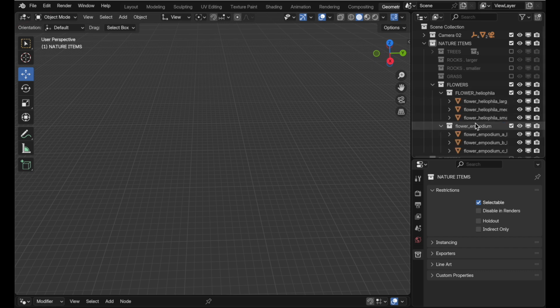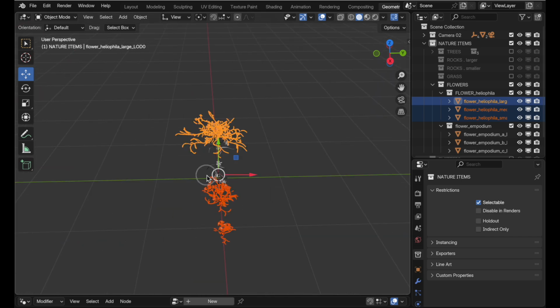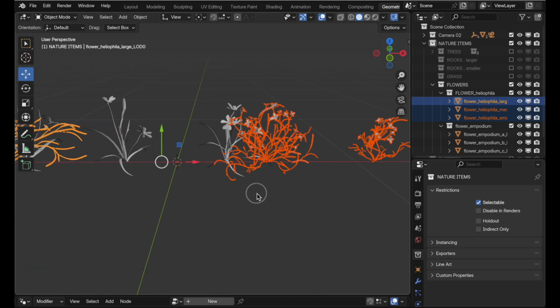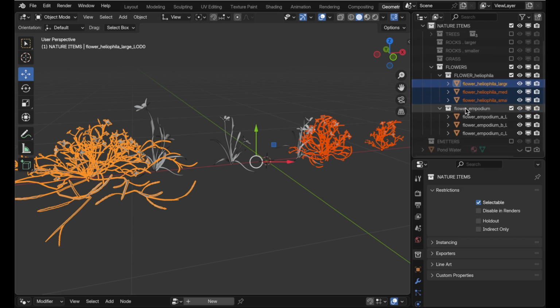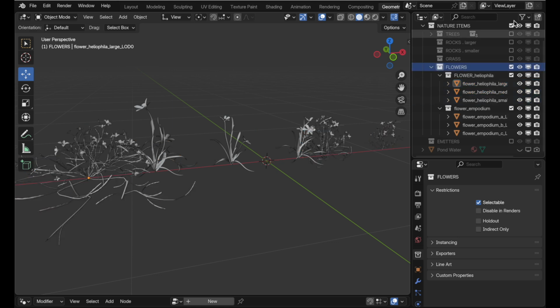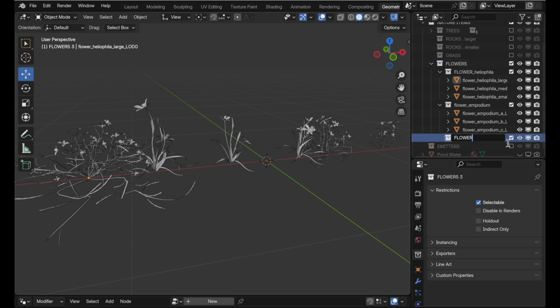Well, that's a little bit of a different story because these are not components of a single flower. They're individual flower units that we want to be distributed across the surface in sort of a random way. So we have to deal with these as a little bit of a separate condition. So I could dump all of these into just the flowers collection, so they all exist at the same hierarchical level, much like the 3 grass objects were at one level, but I'd really like to maintain them in an organized collection structure. So what we need to do is select flowers, create a new collection, and we'll call this